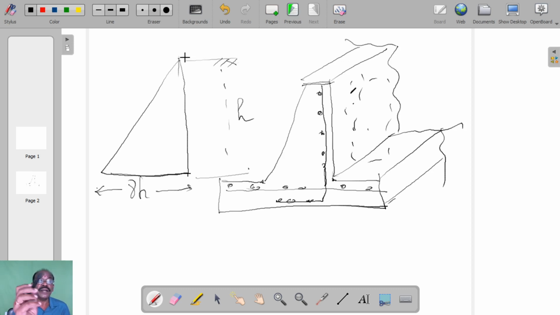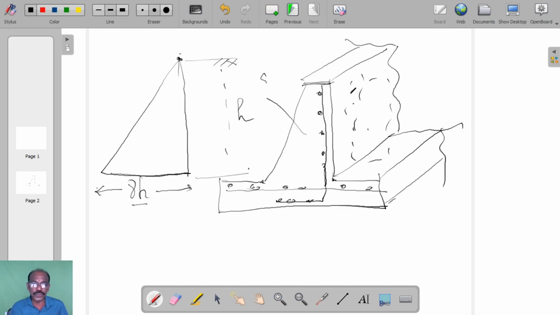Okay, here the height of the earth from the top is equal to 0. Therefore, gamma into h, gamma into 0, equals 0. Therefore, here the pressure is equal to 0. Therefore, there is no need for providing thickness at the top, even though for construction purposes and for inspection purposes, we give a minimum thickness at the top. And according to the pressure coming at the bottom, we have to give the maximum thickness as per the design, as in the case of the cantilever retaining wall.